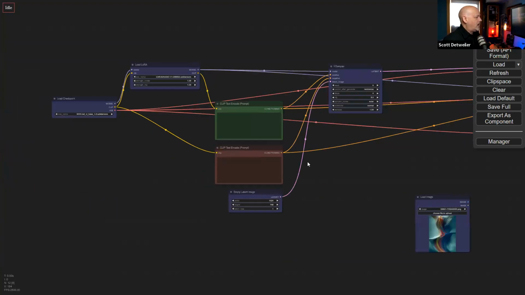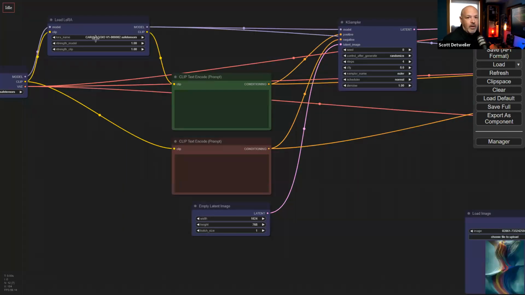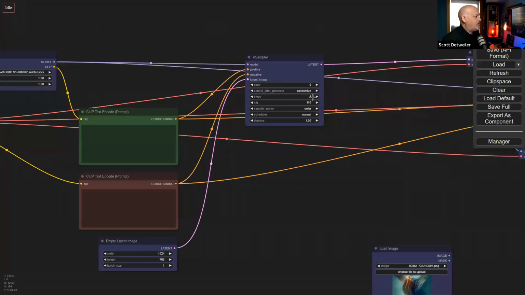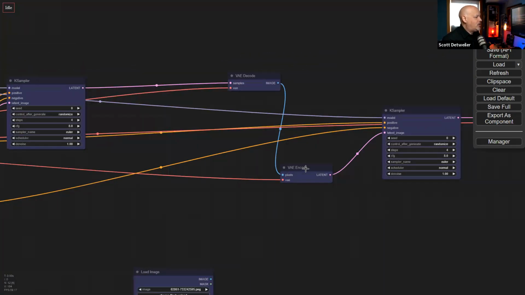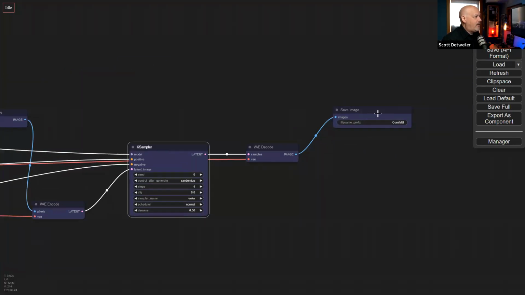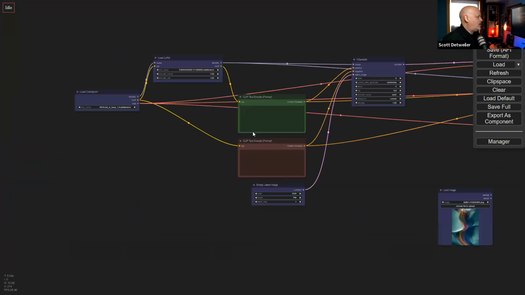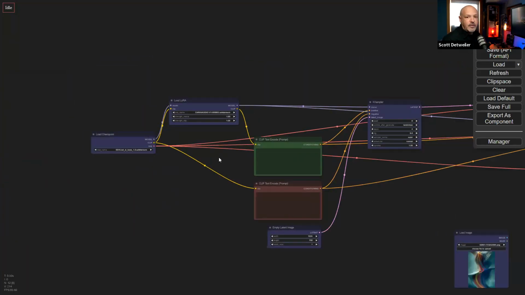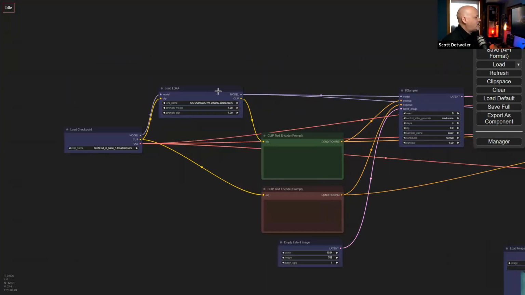So here's, again, taking a base prompt with a LoRa and a negative prompt, producing an image, and taking that image, re-encoding it, and putting it through another K sampler. And we can do this at a lower denoise here. Say we're going to keep only 45% or 50% of it, and then bring it out and save that image. A negative LoRa, you can just make a LoRa and attach it through the negative side. Again, a lot of this stuff is just kind of like, oh, well, that makes perfect sense, right?